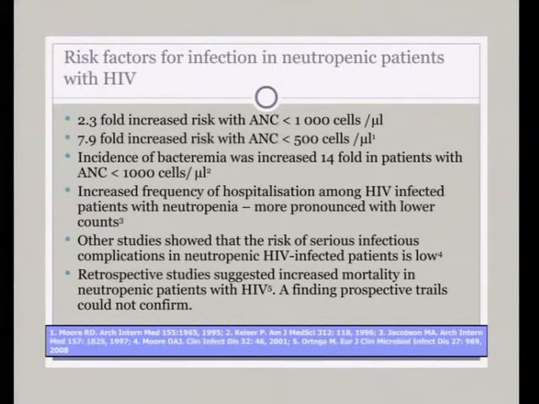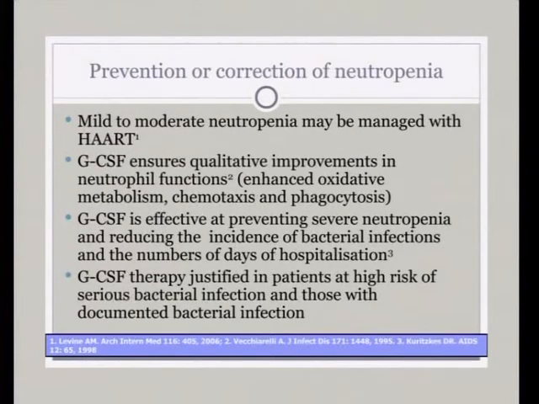Okay. Mild to moderate neutropenia may be managed with HAART, but G-CSF at 5 micrograms per kilogram per day is also effective. And it's also shown to improve the function of neutrophils. It's effective in preventing neutropenia and also the bacterial infections associated with this, and also reducing the number of hospitalization days. And it is justified to give a patient Neupogen if the patient has had bacterial infection